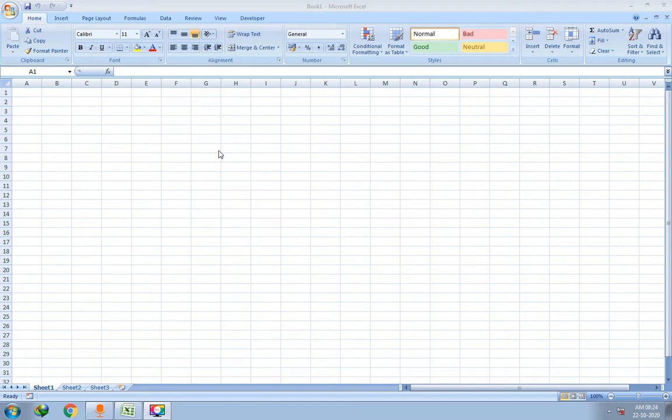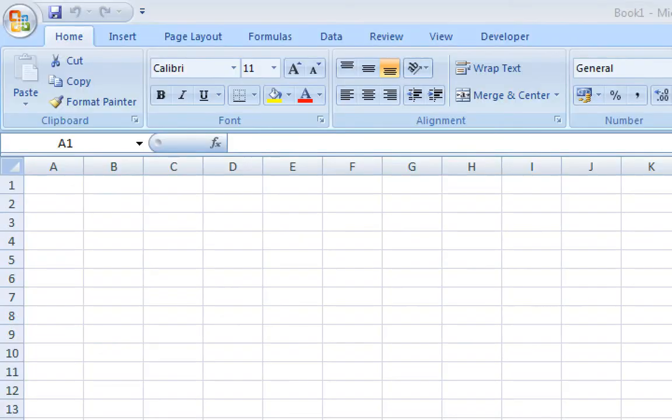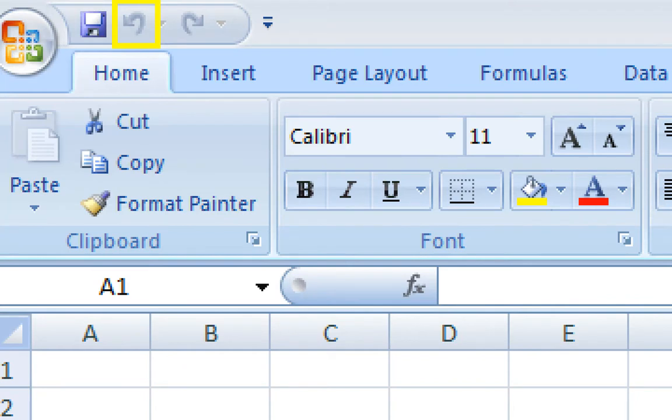To undo the last mistake, you can select the undo option from the quick access toolbar. Let me show you where the quick access toolbar is. Here is the quick access toolbar, and this is the button for undo. Let me zoom in again. This is the button for undo, and this is the button for redo.